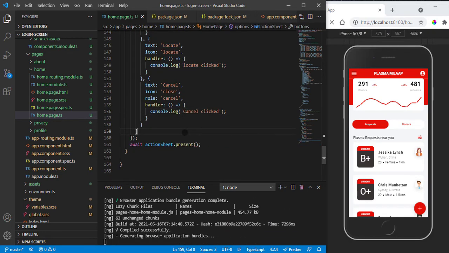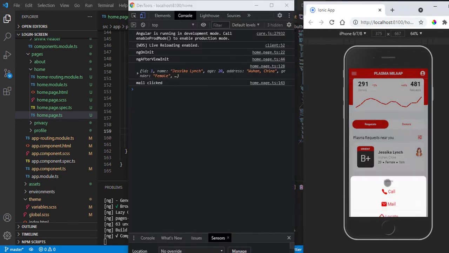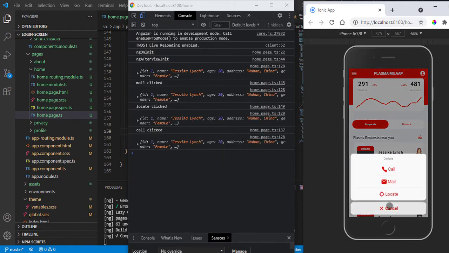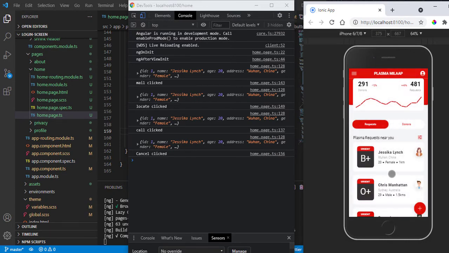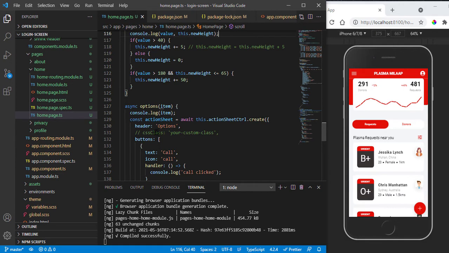Now let's try it again. Alright, I'll click on it again, and let me just open it up. If I click on mail, mail clicked. If I click on locate, locate clicked. If I click on call, call clicked, cancel clicked. Everything is working fine. Alright, now the last thing that I want to show you guys is the custom CSS,